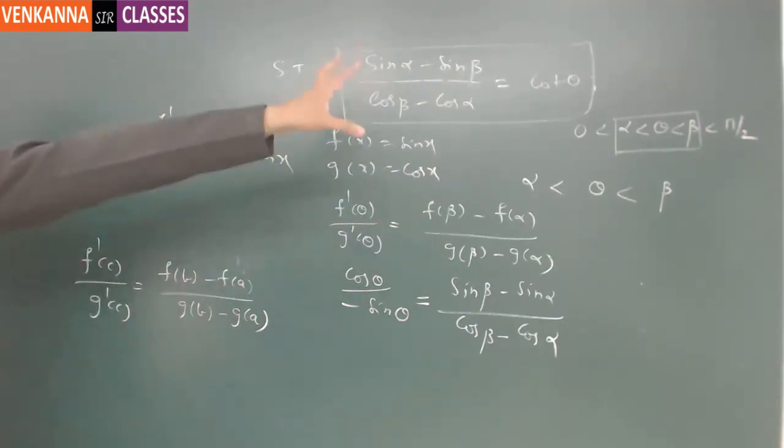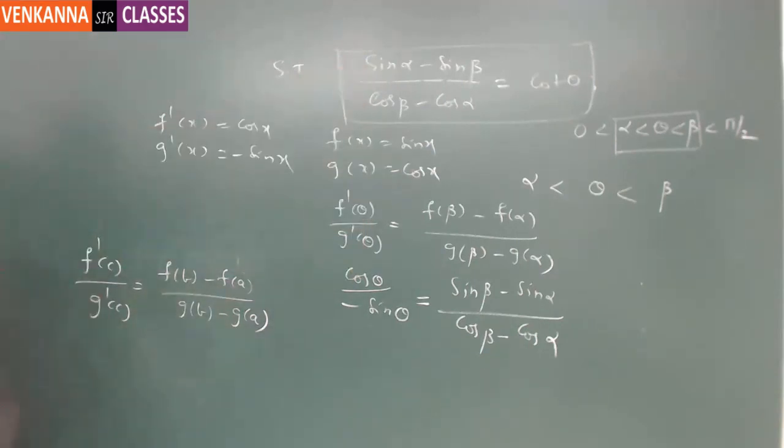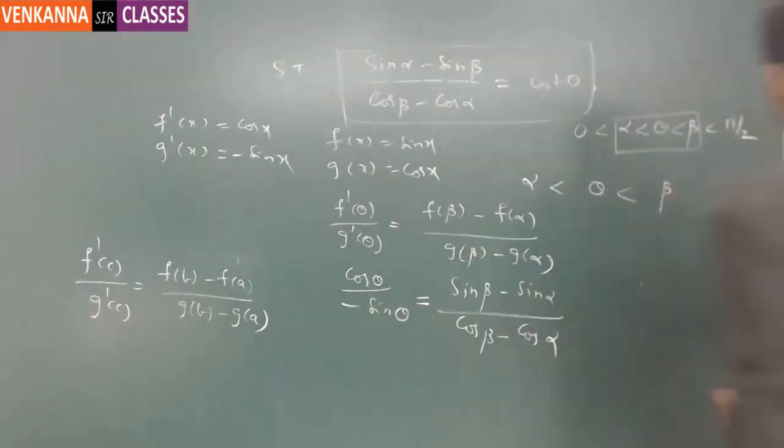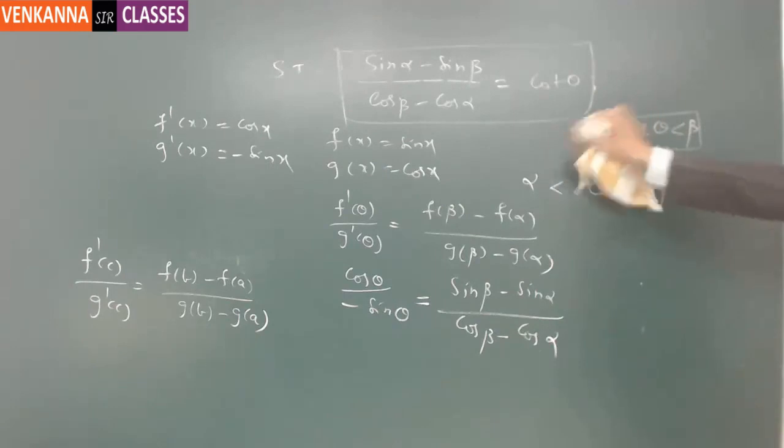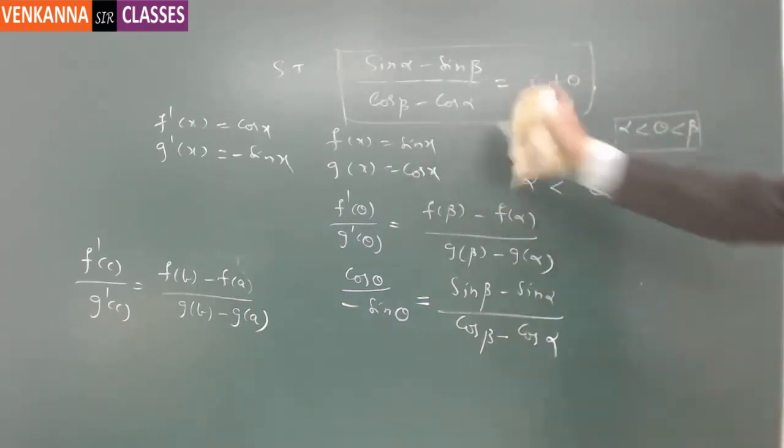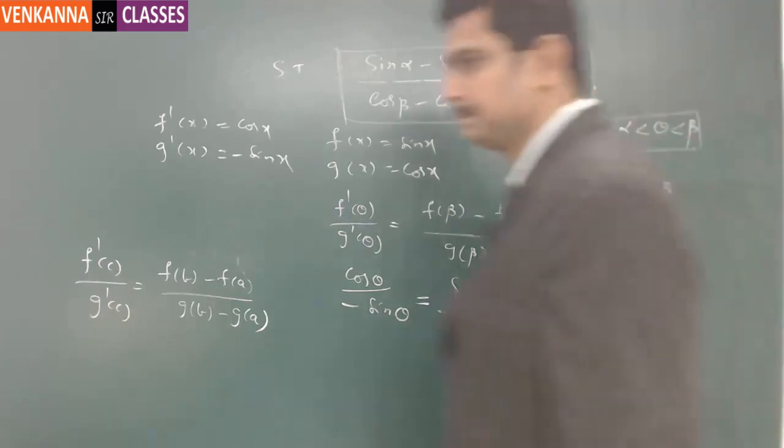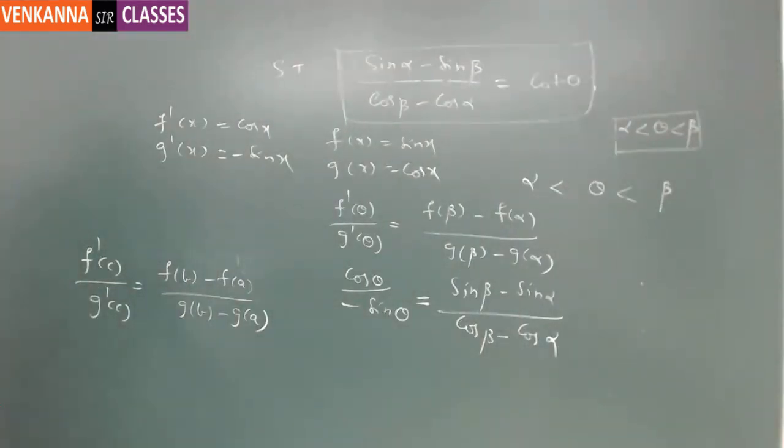If you get some fraction or number there, then you are going to choose 0 and pi by 2. It is very evident that, if it is simply mentioned alpha and beta, for example, let me say you have excluded these two parts. It is simply given: prove this thing where alpha less than theta less than beta. Now obviously you choose the interval as alpha beta, right? So if you take alpha as 0 and beta as pi by 2, then what happens? By considering the values there,